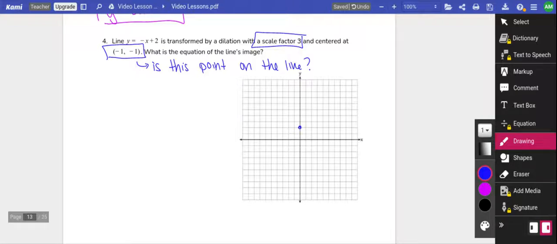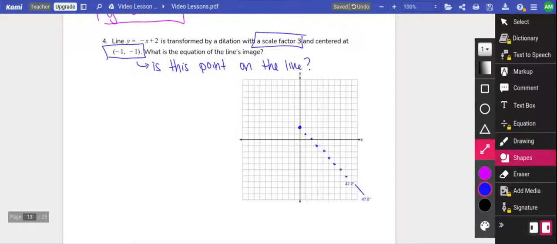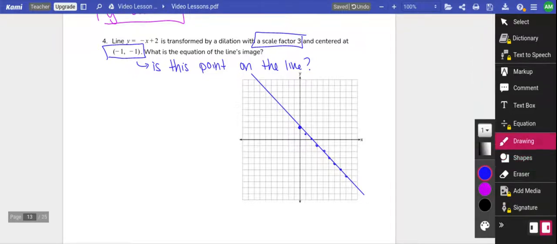All right, so to do it using a graph, I'm going to use a negative slope because it's a -x. Connect them with a line. And I'm going to see if (-1, -1) is on my line. (-1, -1), it is not. So because this is not a point on my line, I'm going to have to use my rule or use the method that we used earlier